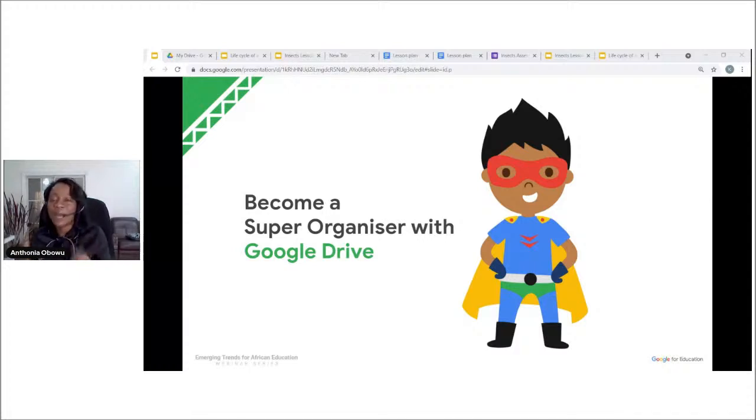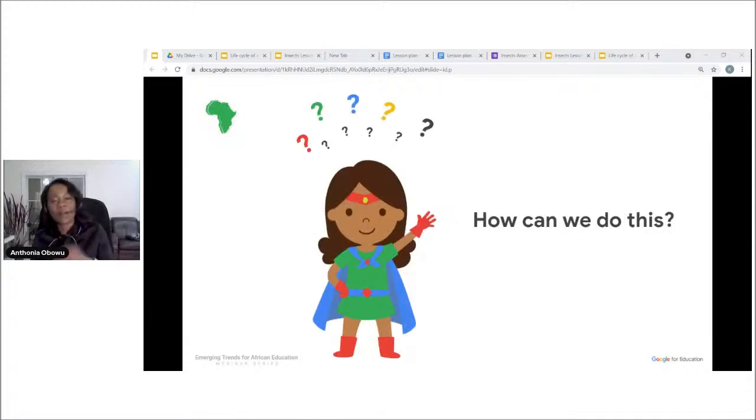become super organizers in our Drive. Because if we don't learn to organize our drives effectively, our drives will become really, really chaotic. And that's one word I know that teachers do not want to hear: chaotic. Okay, so we don't want our drives to become chaotic. So the question we're going to ask now is, how are we able to organize our files and folders effectively